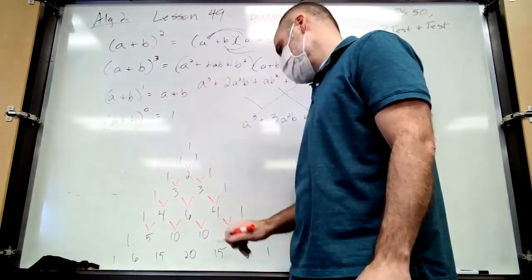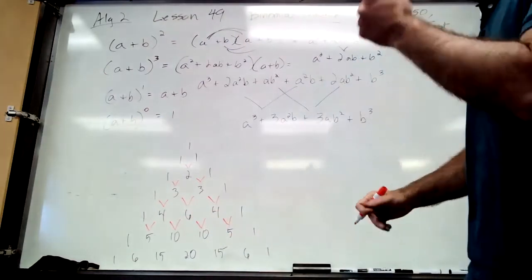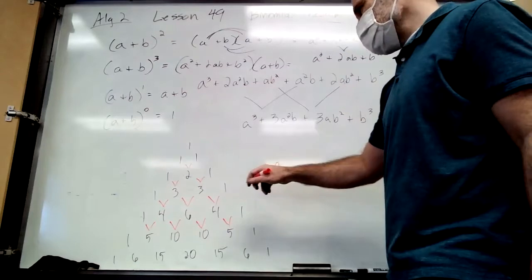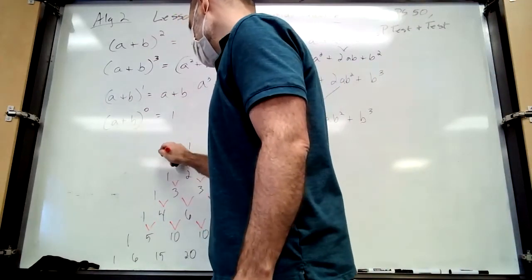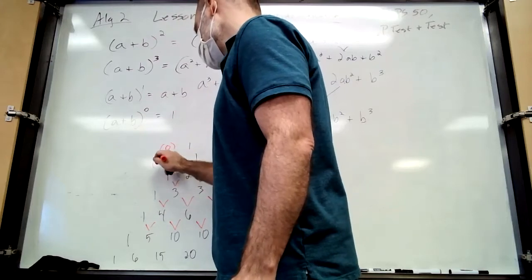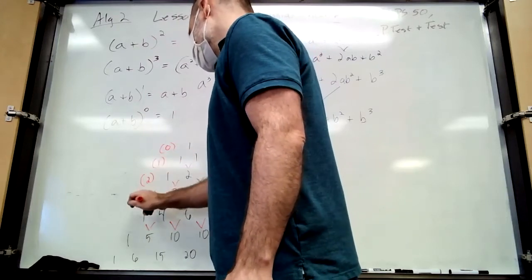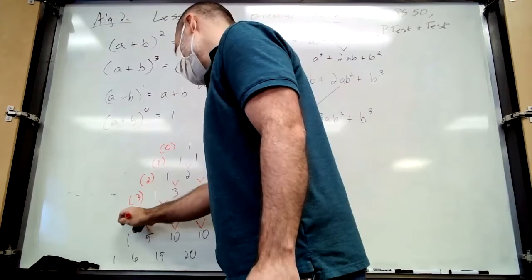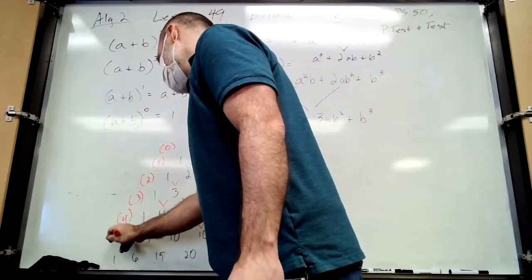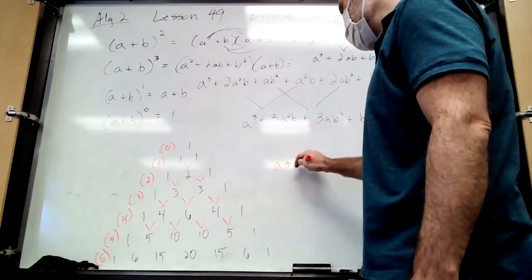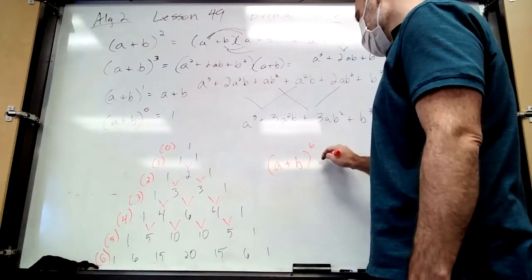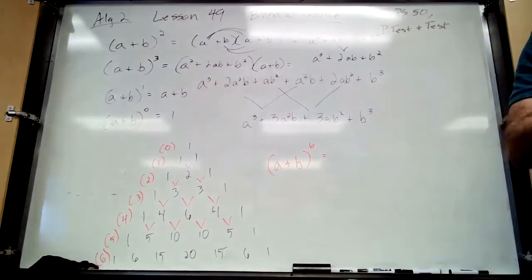No, okay. I was looking at this totally wrong. So if I did this, a plus b, remember this exponent is 0. This is 1. This is 2, 3, 4, 5, 6. So now I can say a plus b to the 6th power is, now there's another aspect of this that